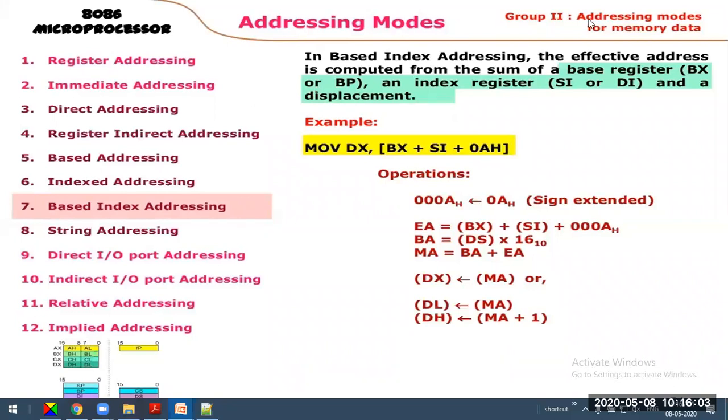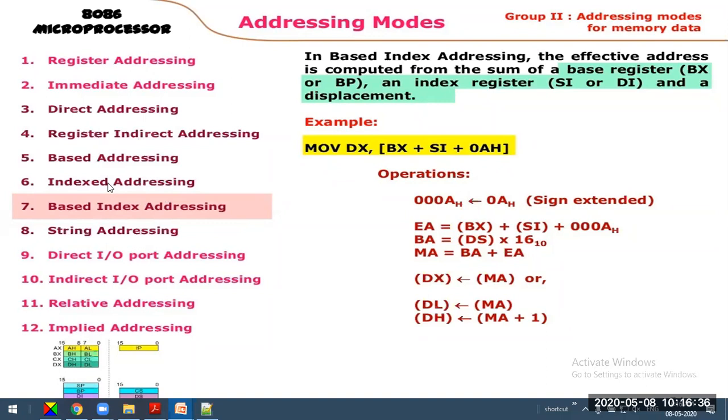In the based index addressing mode, the effective address is computed from the sum of a base register, that is BX or BP, where BX is the base register and BP is the base pointer, and an index register. The index registers are the source index and destination index registers, and a displacement. Together it forms what is known as the effective address.